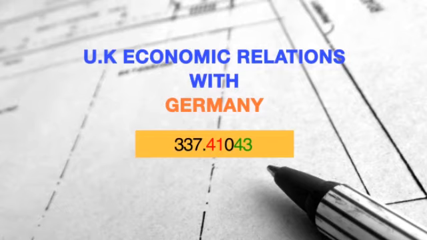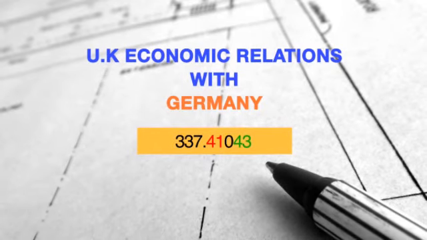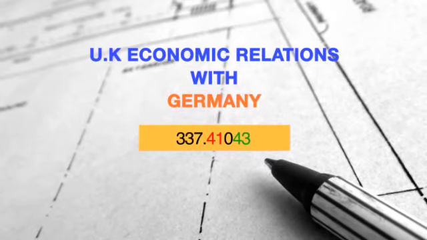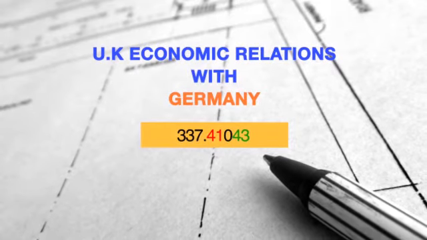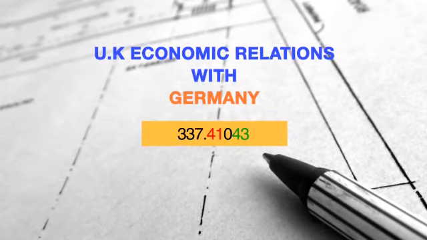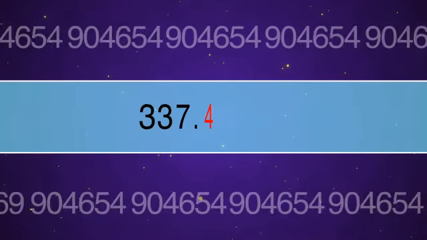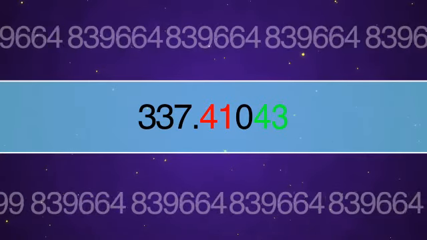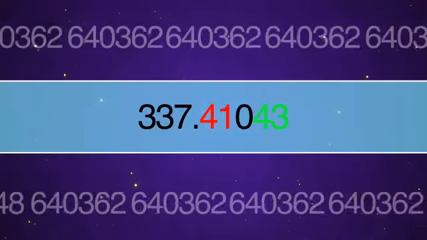The number for UK is, you go to Europe within table 2 and you find it is 4-1 Europe. Similarly for Germany, again to Europe, you find the number for Germany is 4-3. And if we follow that rule, 4-1 has to come first, a 0 then, and then 4-3. And you are very right, the number is 337.41043. So now you have understood that we can even add two countries if the title so demands.